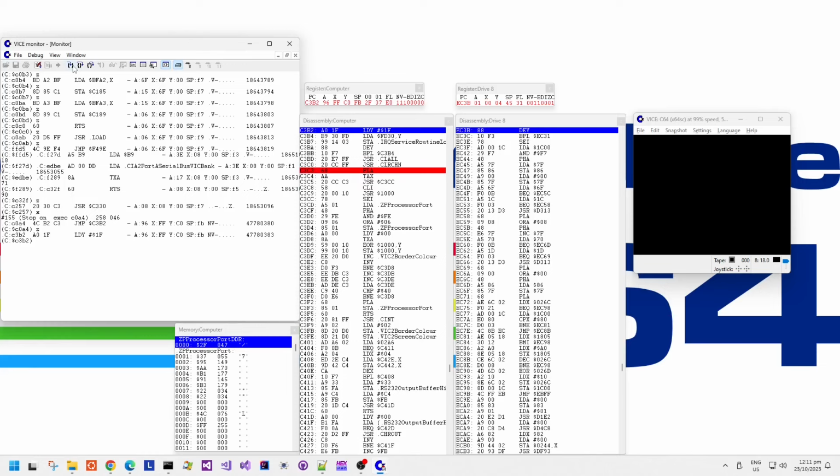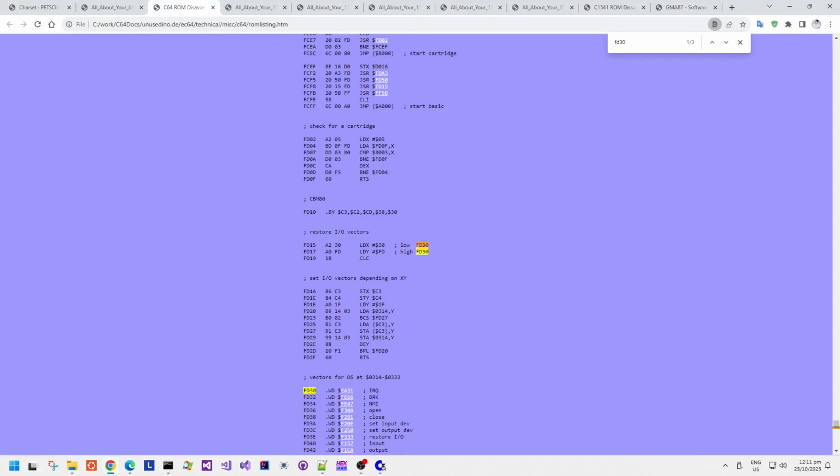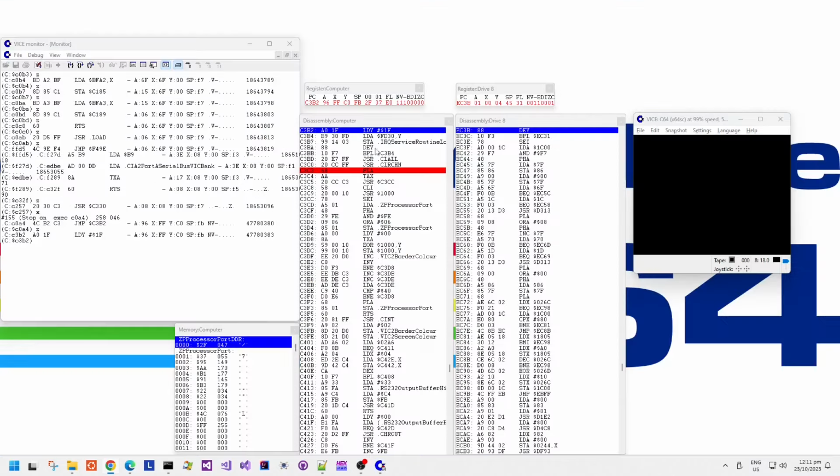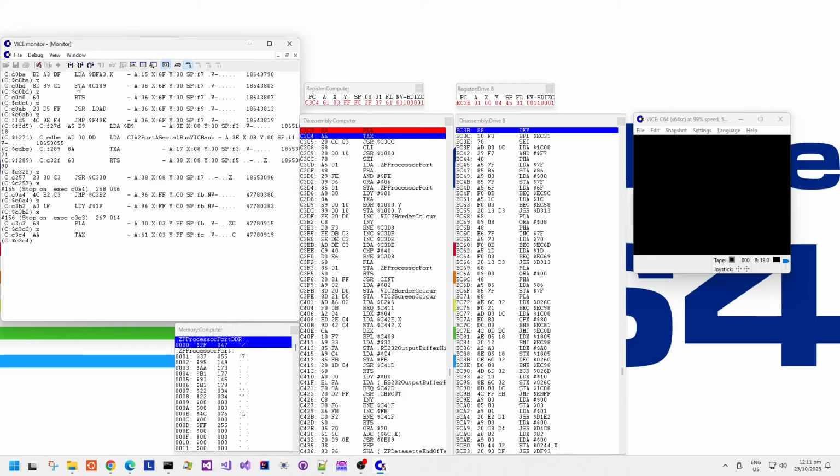So when it gets to C3, well, okay, so this particular piece of code at C3B2 here, you can see that it's actually restoring the IRQ service routine table from the vectors table in kernel, which is kind of cool. Nice way of doing it. And then there we go, it's read the calculated value, the magic protection value from the protection code. It's transferring it to X. It's then doing a JSR to C3CC, and if we have a look at C3CC,